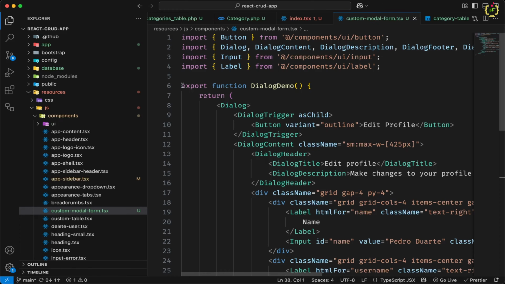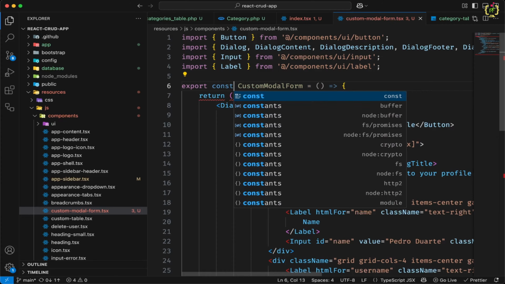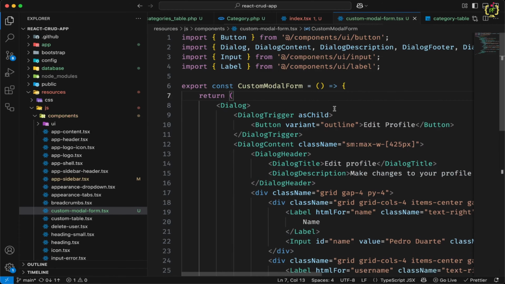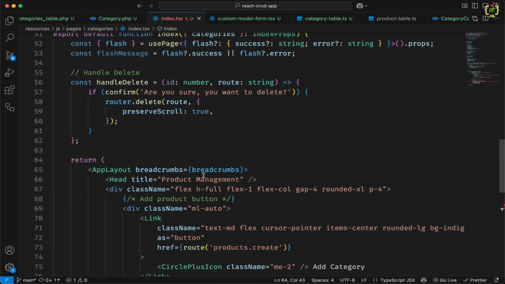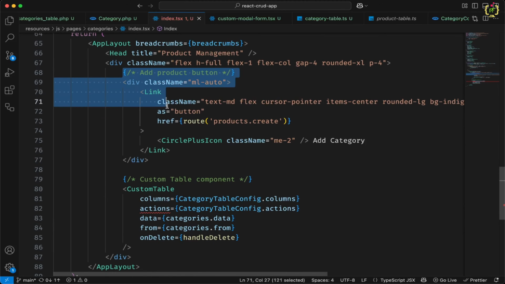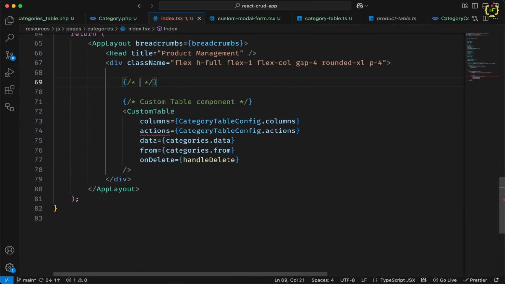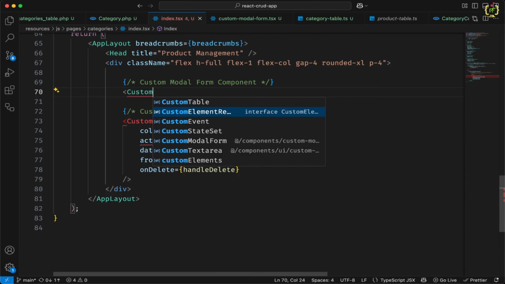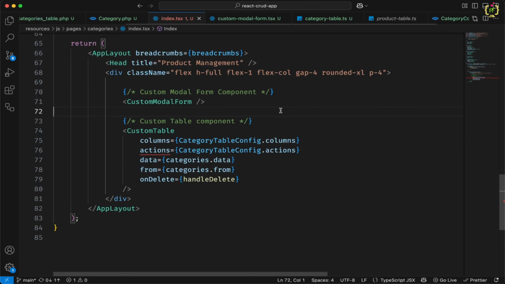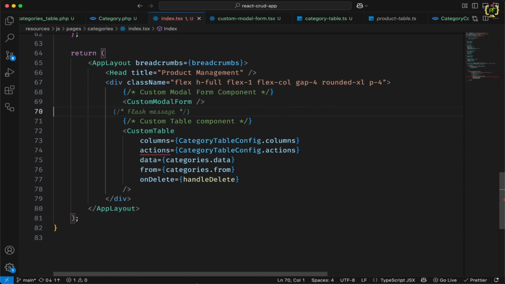Okay, I will change this function to export const custom modal form. Alright, now we have to call this component inside this index component. So I'll navigate to index component, and here I will remove this entire section. This is not needed now. Here we will call our custom modal form component. Okay, so I'll simply call custom modal form from components. This is done. Now if we'll navigate to the browser,